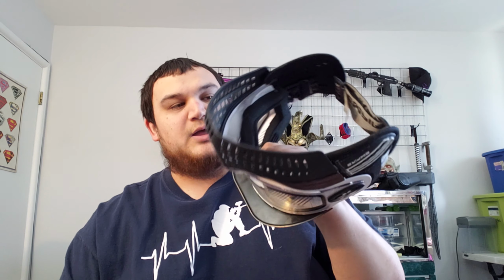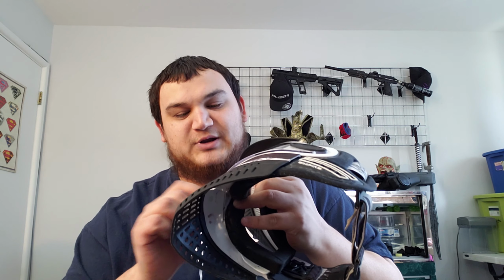Another good example of this is something that I did. These are Empire E-Flexes, and I took a Sharpie, mostly because I was bored, and I just started coloring the white part. I was just kind of like, man, I really don't want just a white mask. Unless I'm playing somewhere with white fill, I get hit, and then I can just keep going, because nobody can see if it's a hit or not. I'm not saying that you should cheat like that, but since a lot of fields are going to white fill,